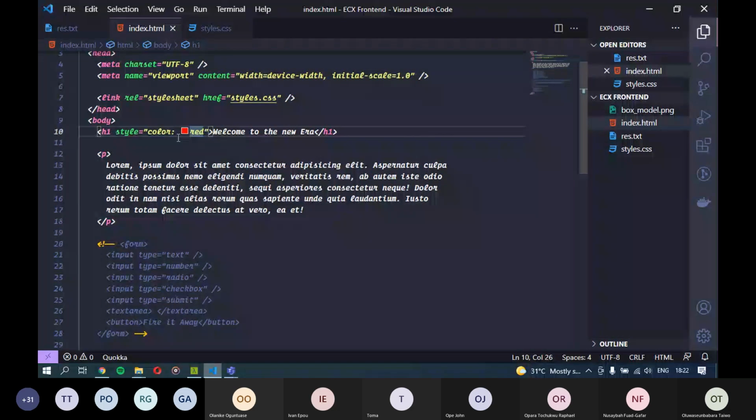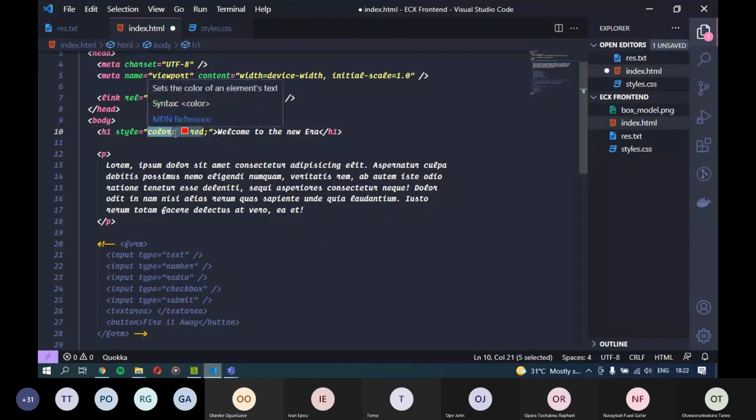So property colon value semicolon, property colon value semicolon, basically. So as I've changed the color to red now, I don't like the color again. I want to change the color to blue now. I'll just do this, and if I come here and refresh, it becomes blue. So that's basically inline styling.